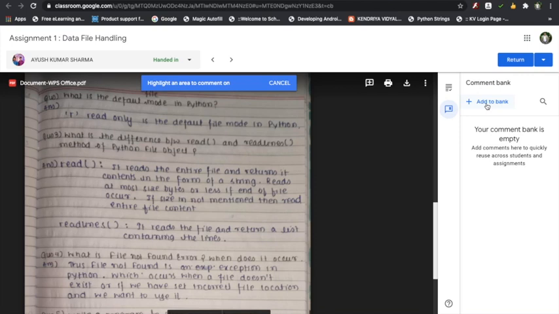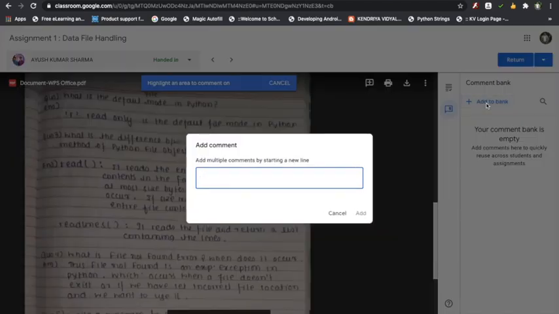You will write all those important words that you often use for your comments: good, not okay, very good, excellent. All those sort of comments can be given here. So let me add one comment: okay, appears nice and good. That's it.